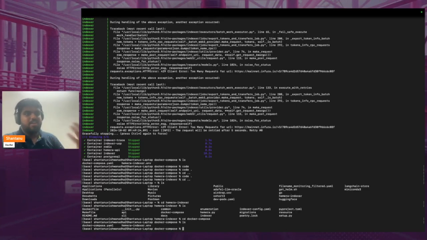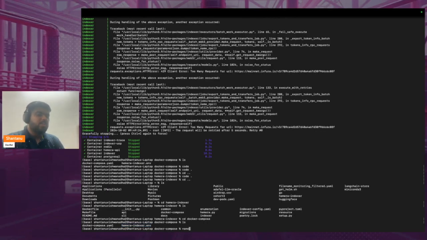All of the services that need to be spun up to run our indexer network are configured in this file. I would encourage you not to tweak this file. This is an essential file which takes care of all the rendering, all the services that run behind the scenes of our indexer network. Next file, if you can see, there is a hemera-indexer.env, which holds all of our environmental